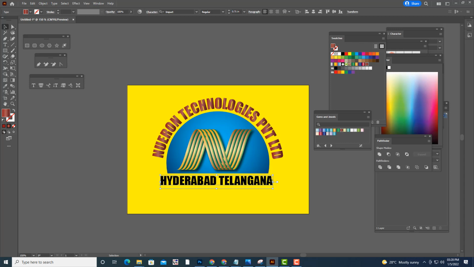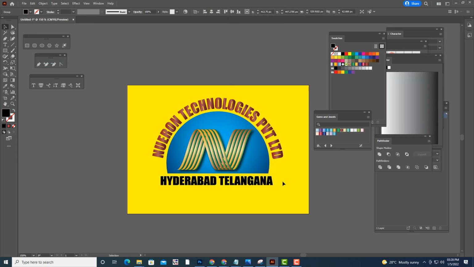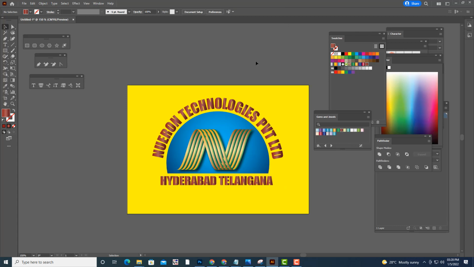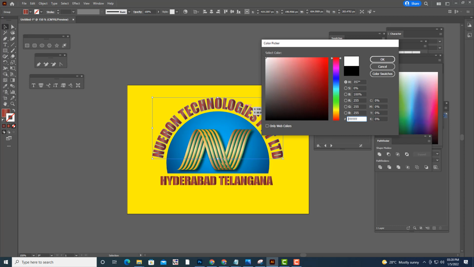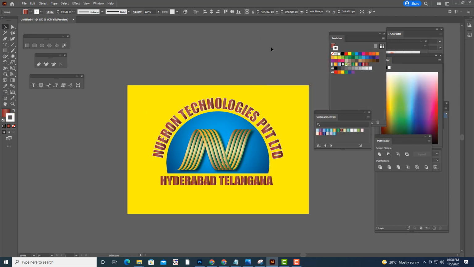For this, if you want to give gradient, you have to expand it. Normally we can give. Now we'll give it. And we'll just give one white outline. Instead of white outline we'll give drop shadow.